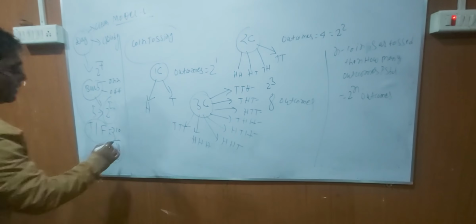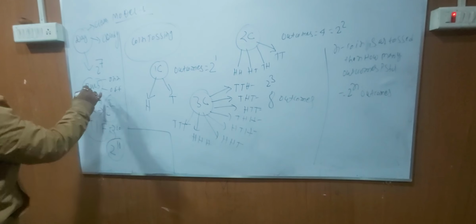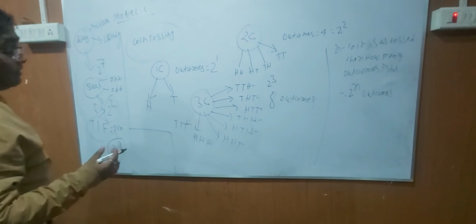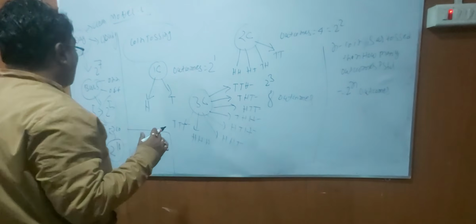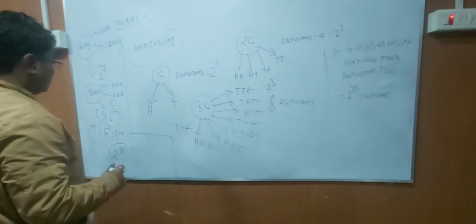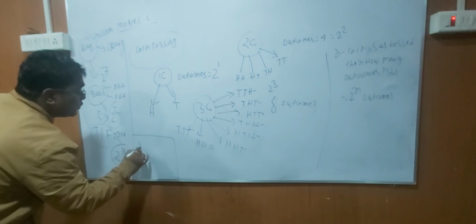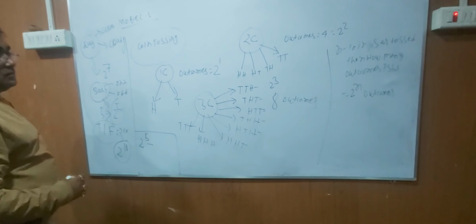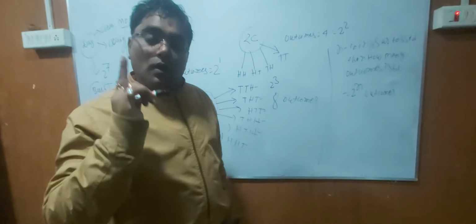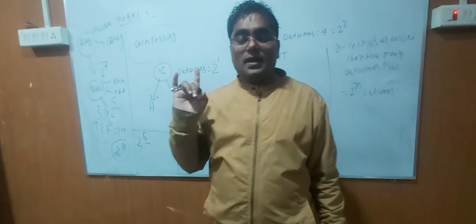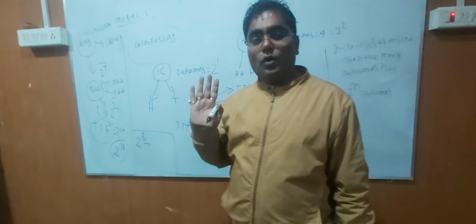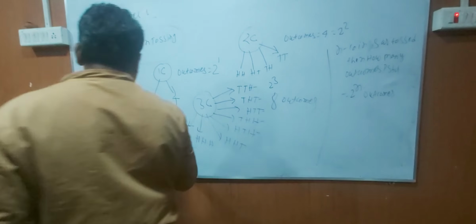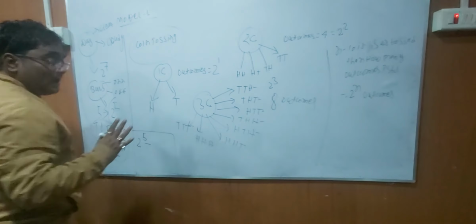Okay. And one question is here, all bulbs light. In how many ways can the room be lighted? Then total ways is 2 to the power 5 minus all bulbs off. One bulb is on, then lighted. 2 bulbs are on. 3 bulbs are on. 4 bulbs, 5 bulbs. Okay, this is the 2 to the power 5 combination, but question asked that